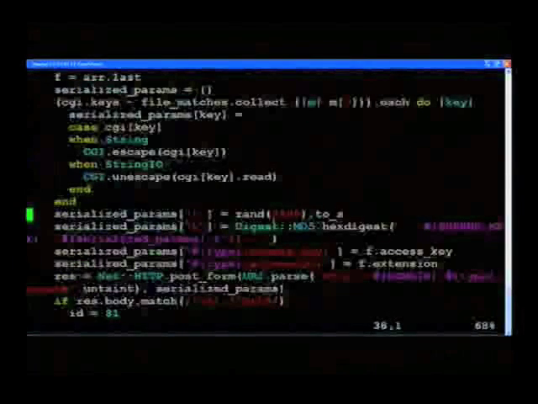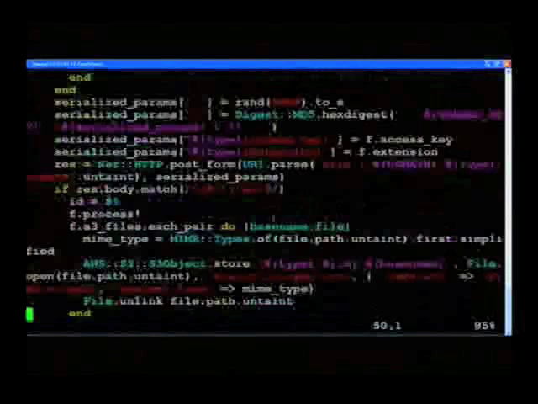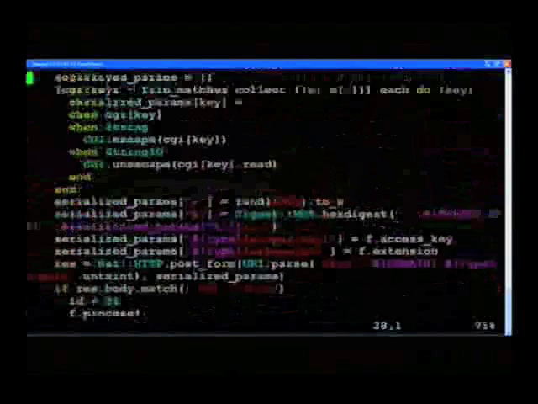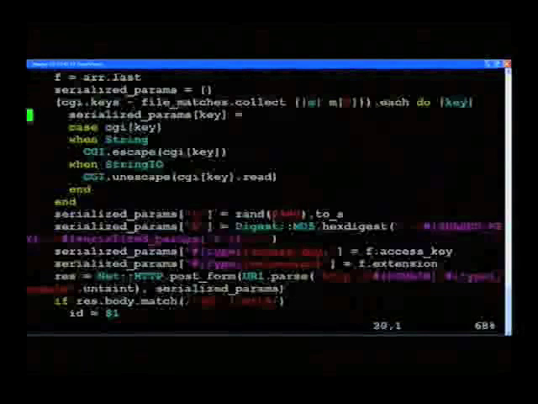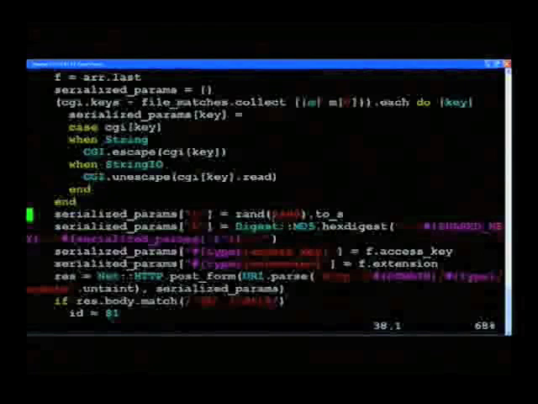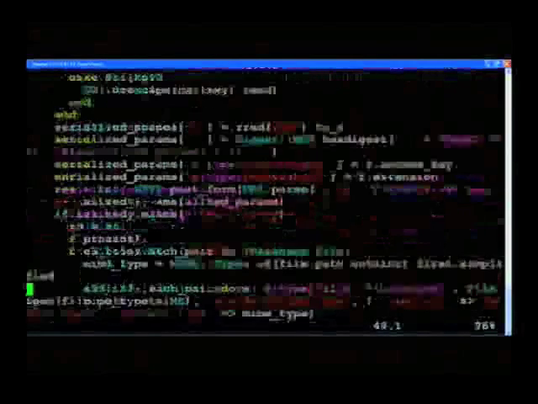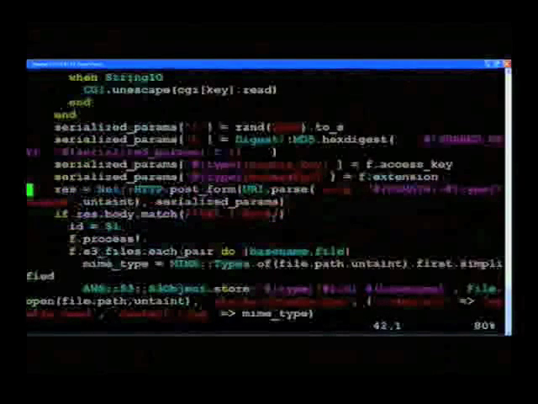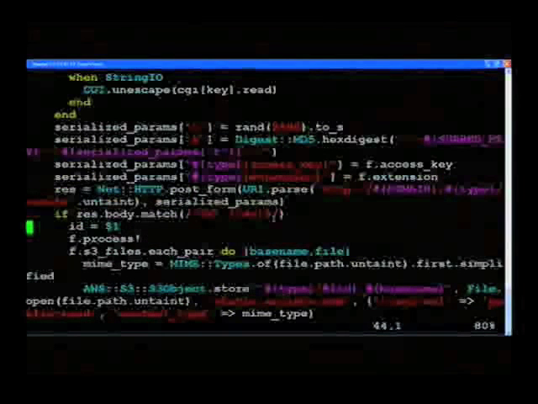Since this isn't a Rails app, this is a straight Ruby script, I have to somehow interface with my main Rails app to verify that this is actually coming from my Rails app. So what this does right here is I serialize the parameters that I have from my Rails app, and then I send a request back to my Rails app and say, hey, is this actually coming from you? And if so, I have an upload to process. Give me the ID of whatever I'm uploading. So if I'm uploading an image,